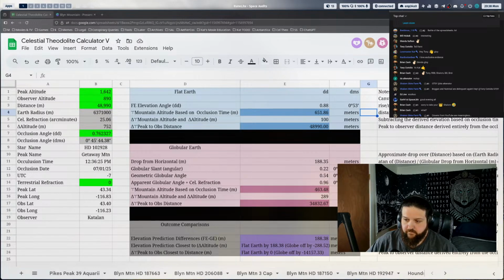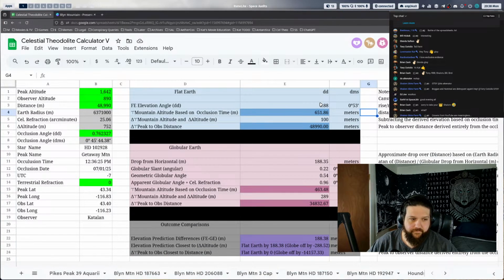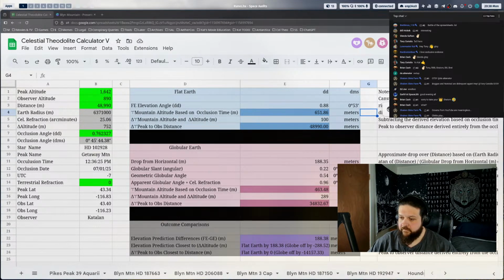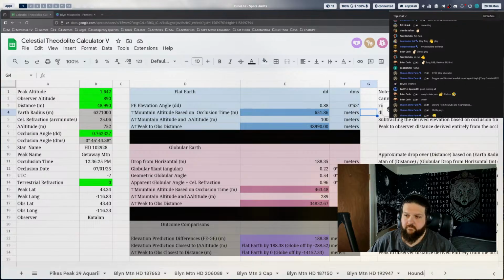The one that's over here, occlusion angle, B7. Take that on one axis, maybe X, and on Y, the two values that you've got at the bottom in terms of the differences, the flat Earth difference and the globular difference away from that trigonometric flat Earth expectation. The things that you've been plotting already, site to site, but I'd like to see it plotted against angle. Does that make sense? No, but I'll get with you later, Stone, and we'll make that happen.